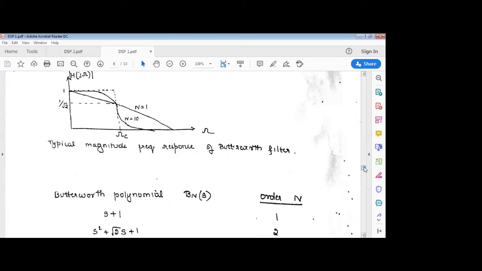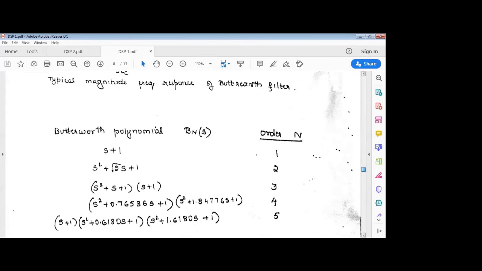Okay, so these are for different orders of the filters from 1 to 5. The poles in the transfer function which are lying in the left half of the s-plane give the denominator terms which we will be getting for the different orders, starting from n equal to 1 to n equal to 5, which is standard, and which we can just directly take from the book itself. Okay, then we can see the design parameters.